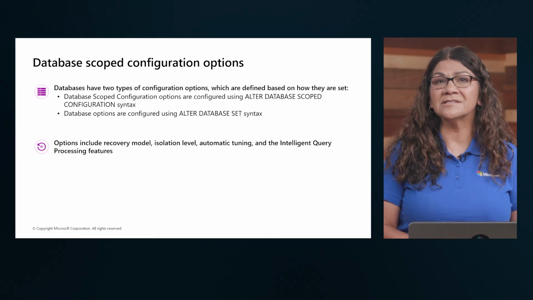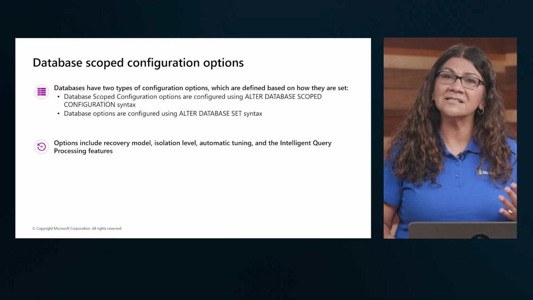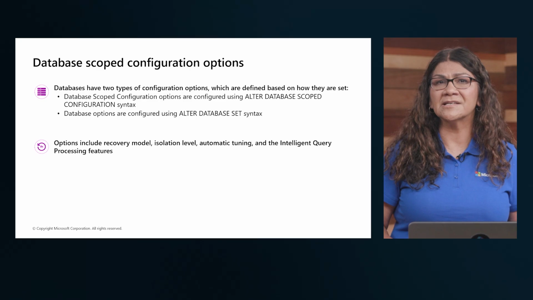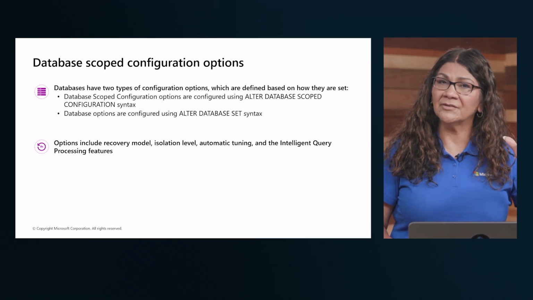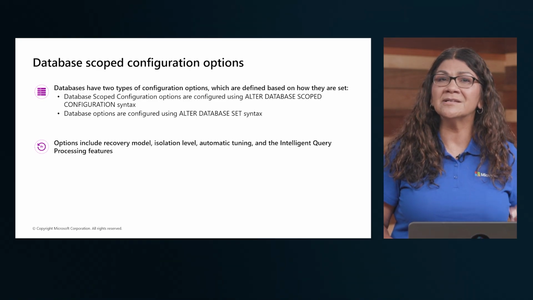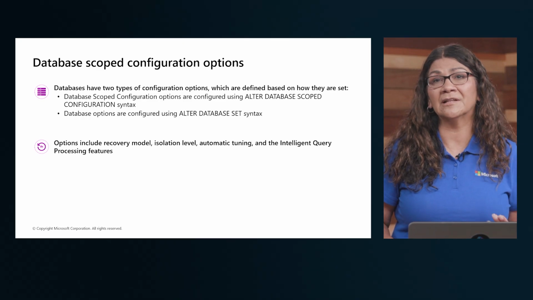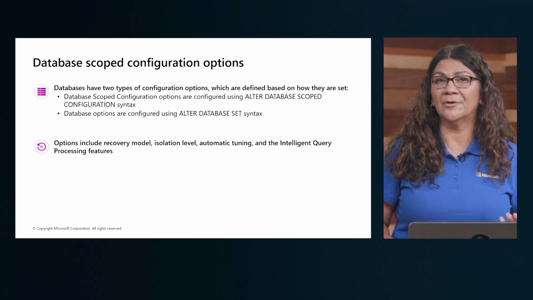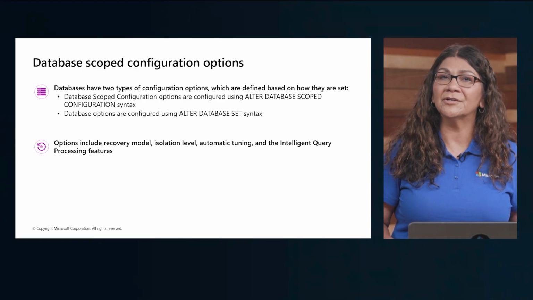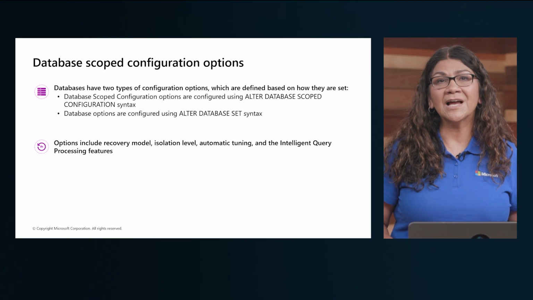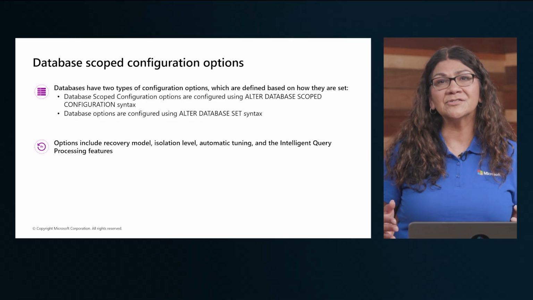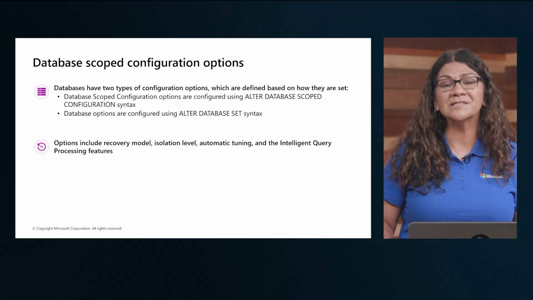These options, such as recovery model, isolation level, automatic tuning, and intelligent query processing, are set at the database level and often depend on the database's compatibility level, which itself is a configurable setting, as you know. While the method of configuration differs, both types of options serve the same purpose, enabling administrators to optimize performance and